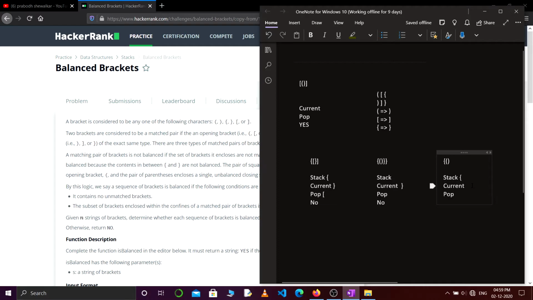And now the string is empty, but at this position you can see our stack is not empty. So if our stack is not empty, then we will just return no, because it is not a balanced string. So you see there can be these four cases for this problem statement. If we take care of these four conditions, then this problem will be solved.